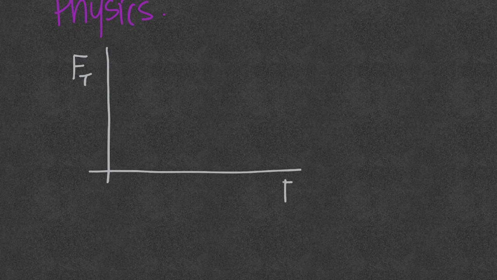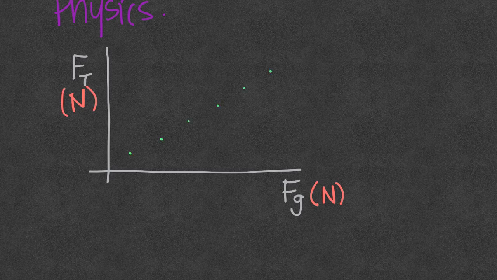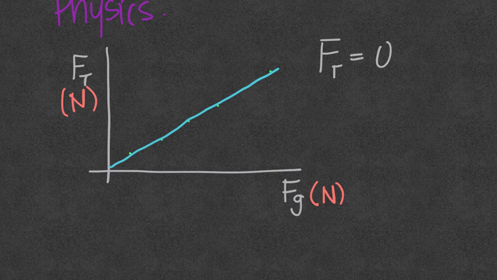From the lab, you may have noticed that if your tension force was on the vertical axis and the weight, the gravitational force, was on the horizontal axis, both measured in newtons because that is the unit for force, and your data points were nicely lined up, then your best fit line through the data points looks like this. And the equation for your graph probably looked like force tension is equal to 0.5